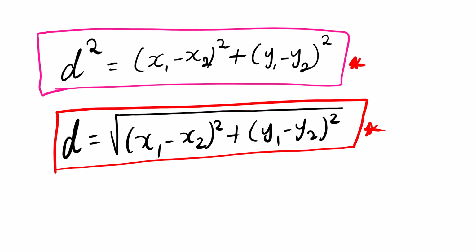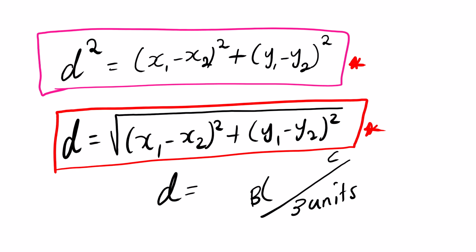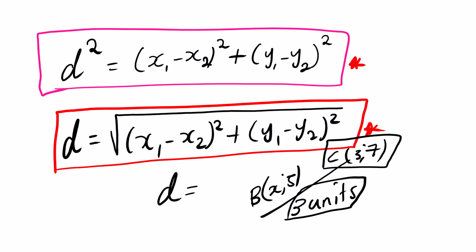Now I will simply explain when do we use the first and the second. Normally I say we use equation 1 whenever you are given the distance. Suppose you have 2 points B and C, and then the distance between them is 3 units, and then we have (x; 5) and (3; 7). Now you can see in this situation you are given the distance, you are given x and y of one of the coordinates, and then the other coordinate